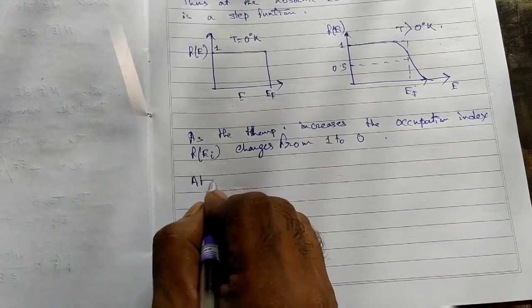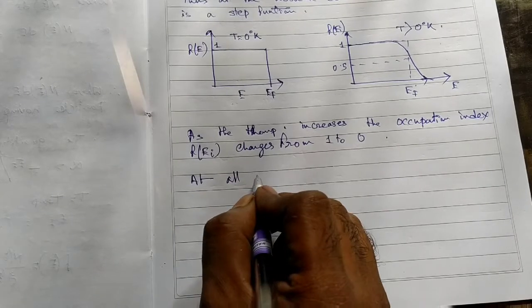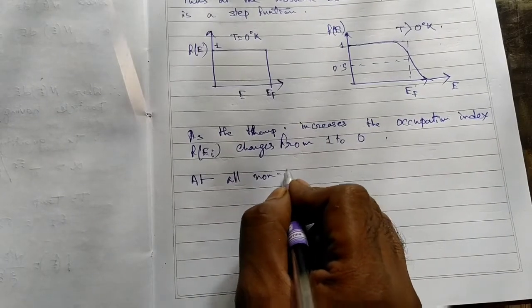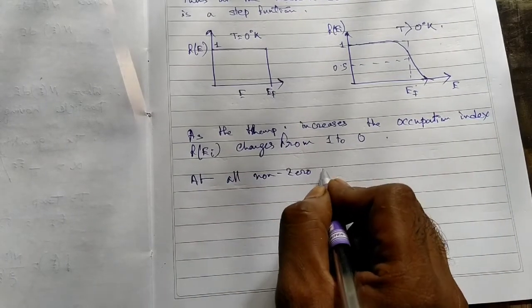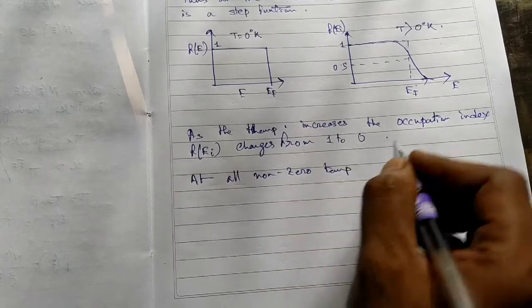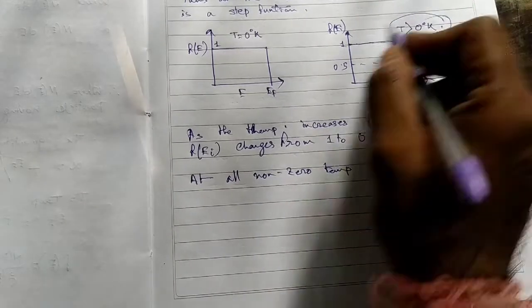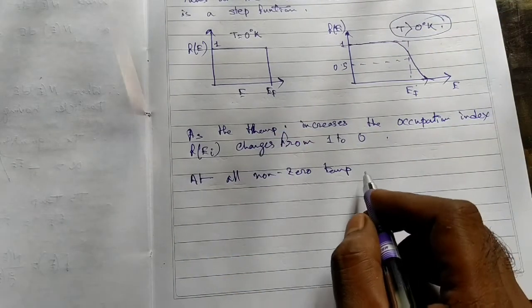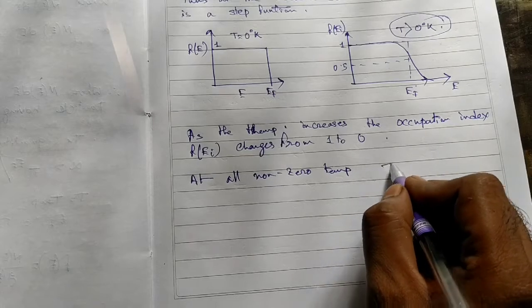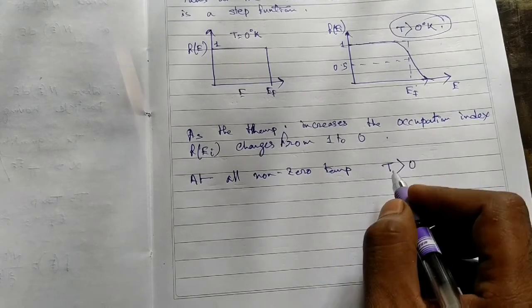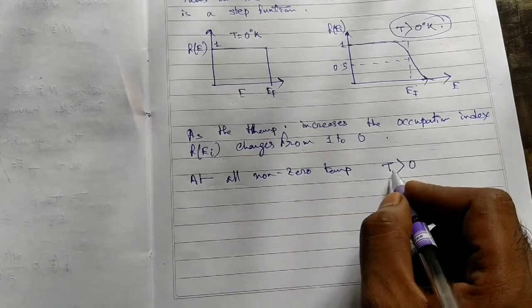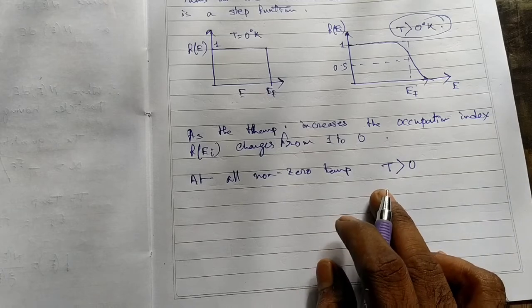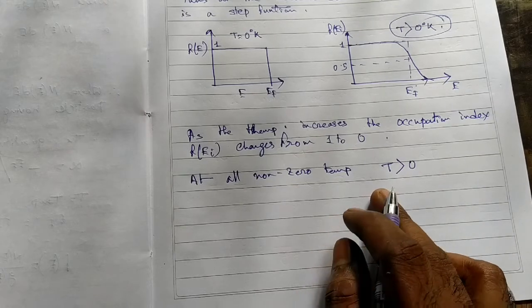So now at all non-zero temperatures, that means when the value of T is always greater than 0 degrees, temperature T is always greater than 0,